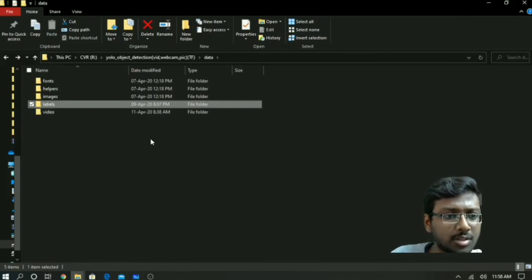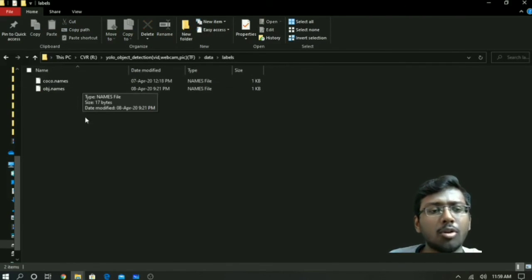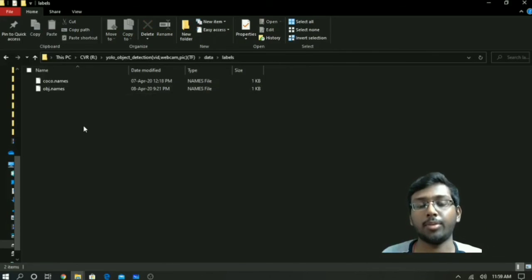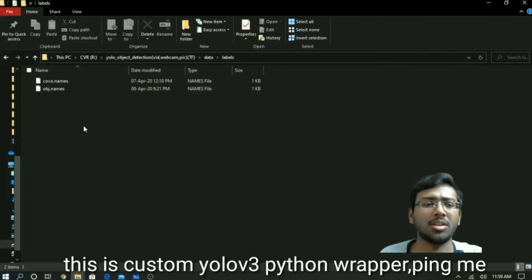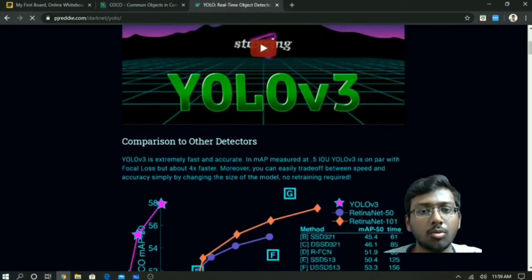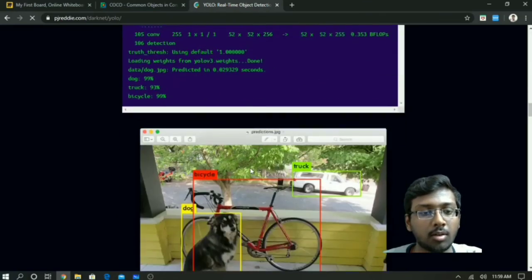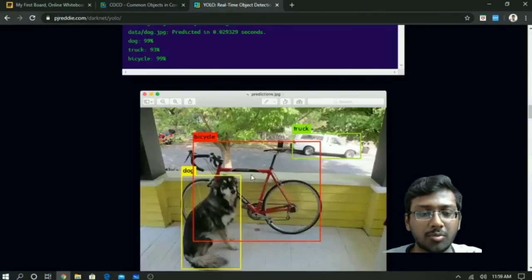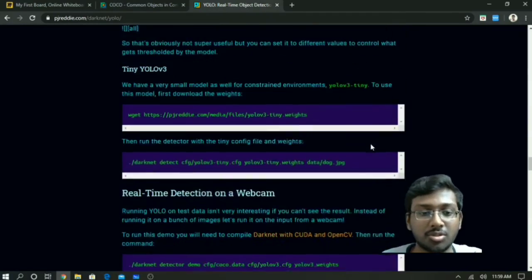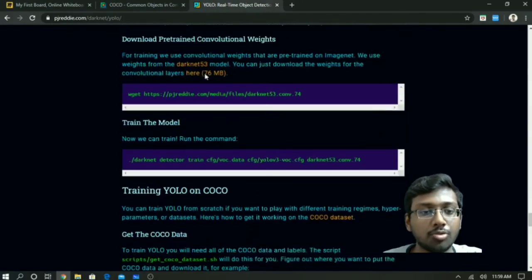Images, labels. In the labels section we need to have coco.names. Actually, COCO is Common Objects in Context, the data YOLO uses in pre-trained models, all those things like persons, chairs, bikes, motorcycles, cars, all those common objects in context. I will show you. Yeah, this one I was talking about, common objects in context, and this is the official YOLO documentation you can go through. For Linux users it's pretty easy. For Windows I have set some steps, just follow those and it will be okay for you too.